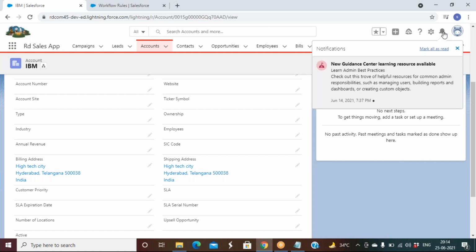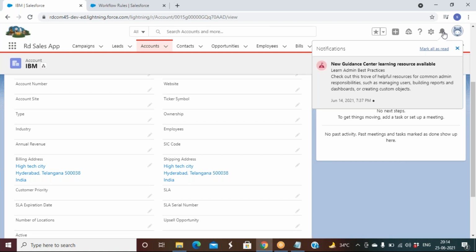Along with the email alert, we are expecting to post something to the notification, as well as some message to the chatter group. Nothing but one process, you are expecting 3 actions. So this can be done using Process Builder.